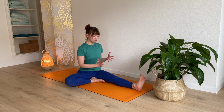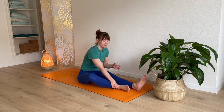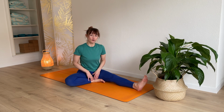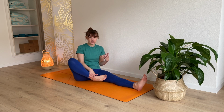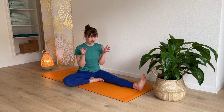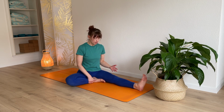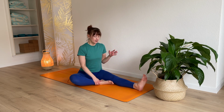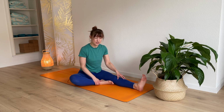And here I want you to notice how you did it. Did you do it by bringing your foot closer to the pelvis, or by simply with your hands, or by simply lifting it and helping just a bit with your hands? Another thing that I want you to try to understand is where is the maximum position where you can bring your foot to. Is it touching your pubic bone, or is it at the knee? The more you perform this pose, or Janu Shirshasana, or the head to the knee pose, the better you will